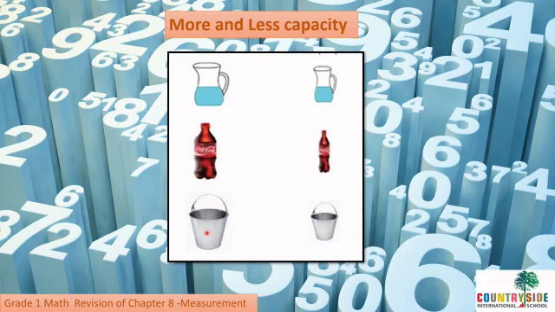So kids, in this session we have revised how to measure the length and the height of the objects. Also we have seen different types of heavier and lighter objects. Then the types of balances. By using these balances we can weigh the different types of objects. Also the objects which hold more or less amount of water. It means it has more or less capacity.